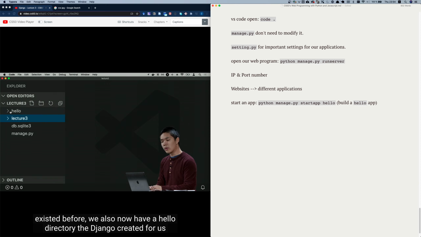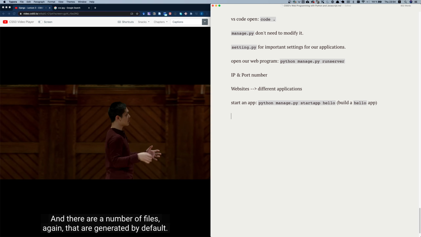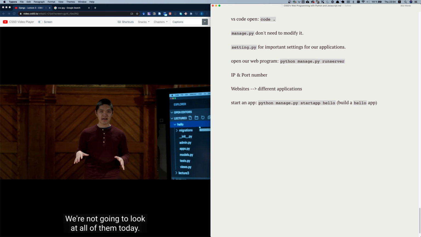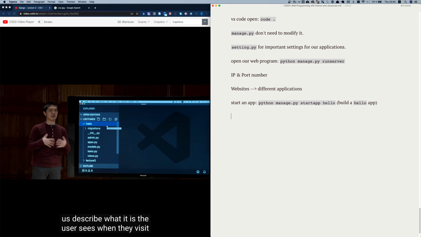we also now have a hello directory that Django created for us that is going to contain the information needed for the hello app to work. And there are a number of files, again, that are generated by default. We're not going to look at all of them today. We're going to focus primarily on views.py. We'll see why in a moment,